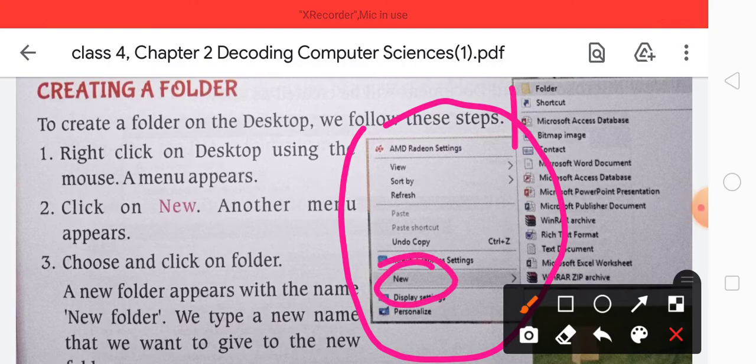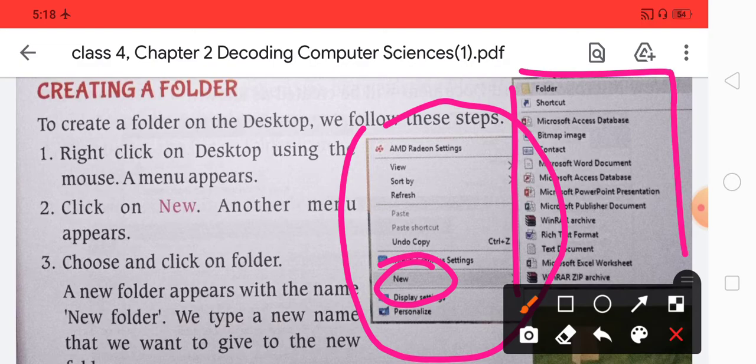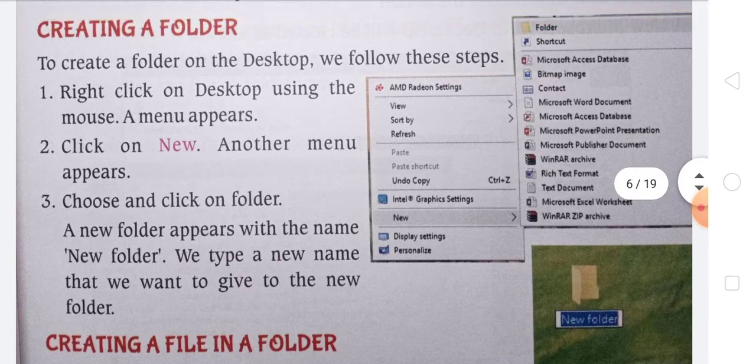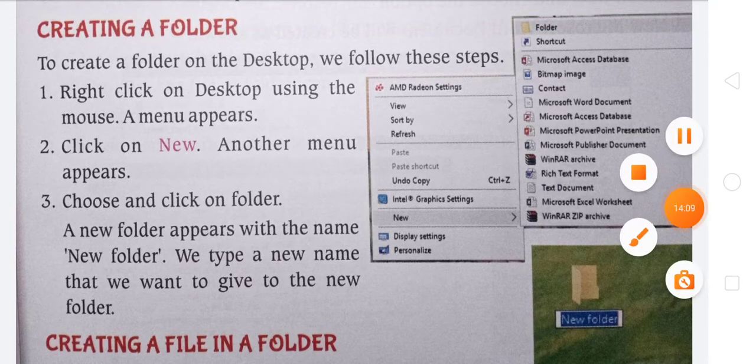Then after that, this type of menu appears. Here, if you want any file or any type of folder, you have to choose one. Okay, so choose and click on the folder. A new folder appears with the name new folder. Then after that, just like this, you can see here this one.